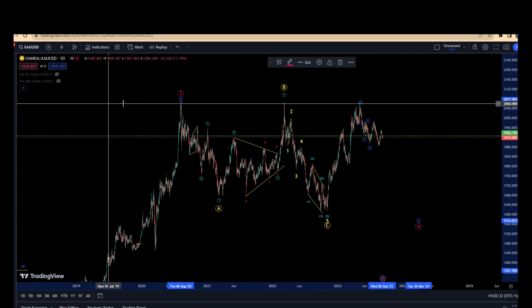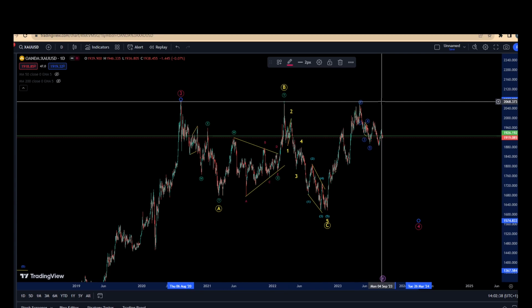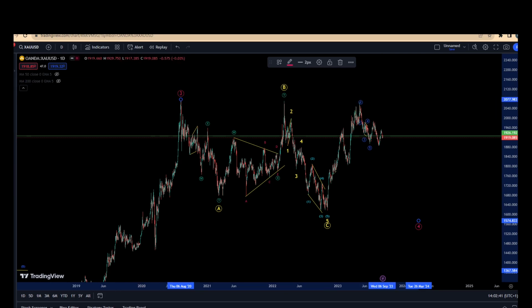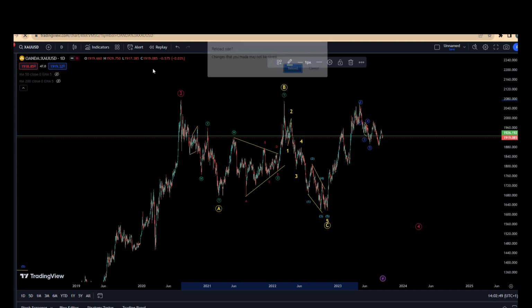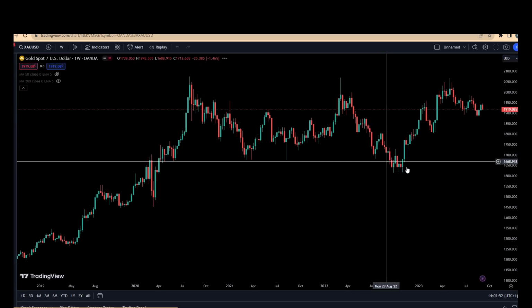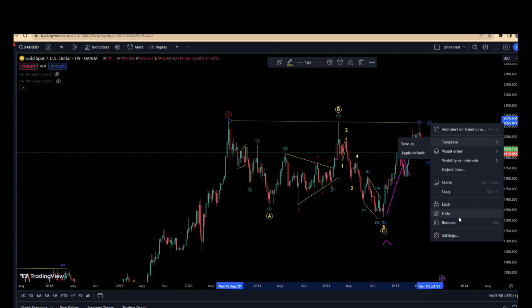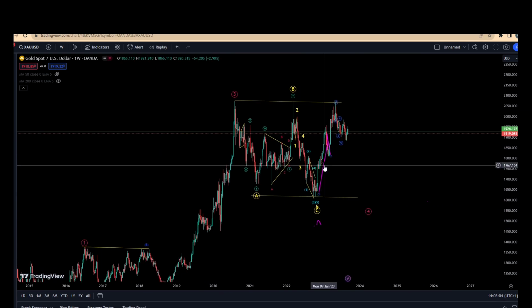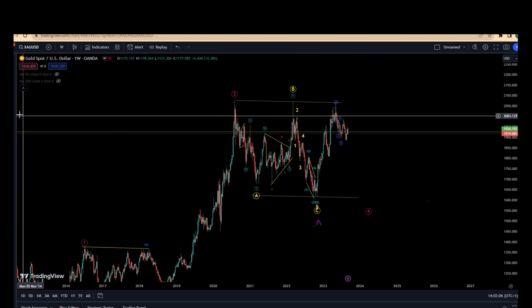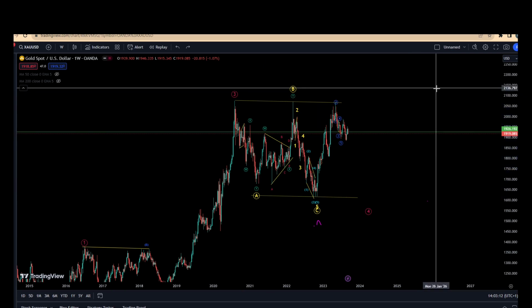the wave 4. Now this could possibly be a nice expanding flat, or it could possibly be a regular flat as well. The reason why I say that is because this level right here hasn't gone below this level. Sorry, this level right here is below this level, and we're seeing that move towards the downside to bring this market back towards the downside, if that makes sense. So this level right here, if I just clone that, we could look for something like this to eventually come. We could be in that sort of range, so we could see some more movement to the downside before we then get one more push towards the upside, creating new highs to give us that fifth and final leg.